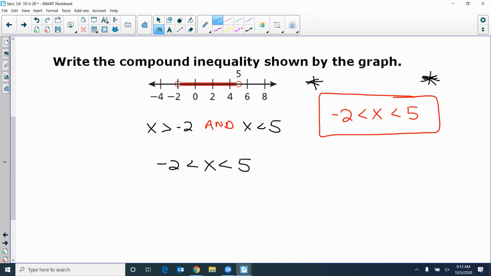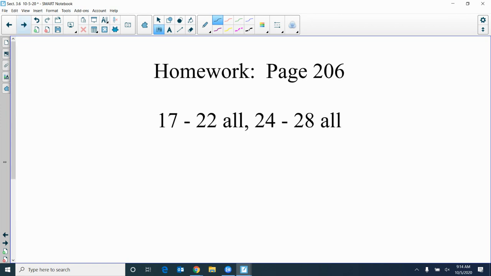So you want to start with the smallest number here, the biggest number there, and you want both signs to be less than, or less than or equal to if it's a solid dot. Okay, so you can do that, and I would just write it like that. That's an and problem. That's saying, just like Zane said, these numbers are bigger than -2, and they are less than 5. Okay, but it is the exact same thing for that. All right, page 206. This is the last section of